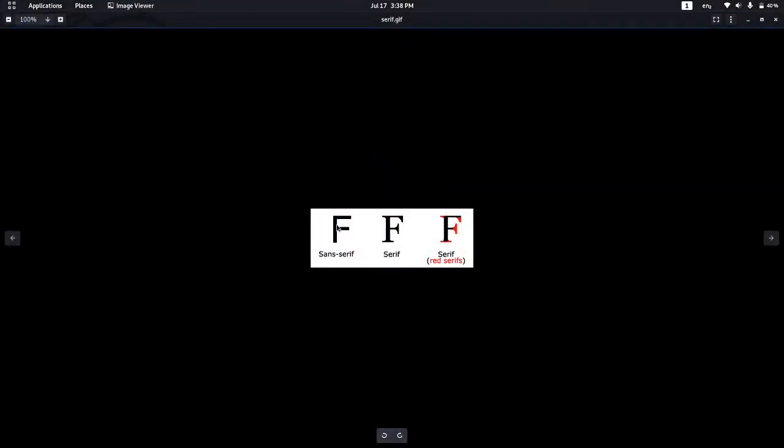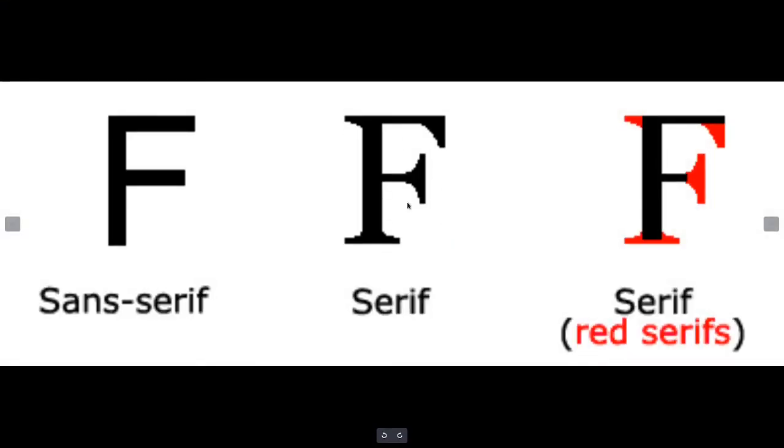These kinds of letters are called sans serif, like Arial and other fonts, and this kind of letters are called serif, in which we have a perpendicular line at the end, like this one, or you can see it more clearly in this picture. The red ones are the serifs.